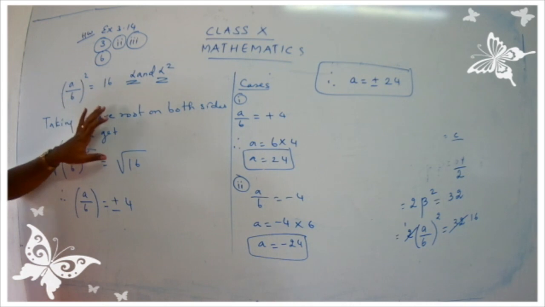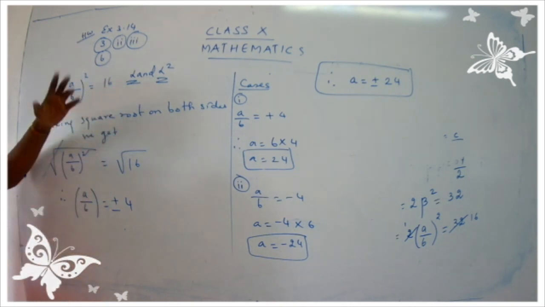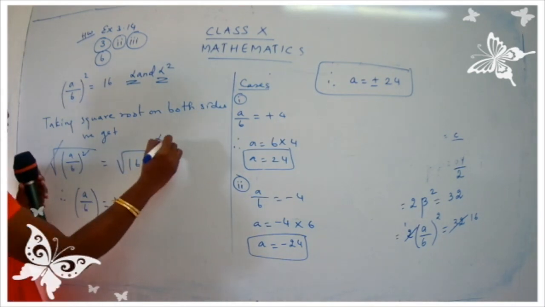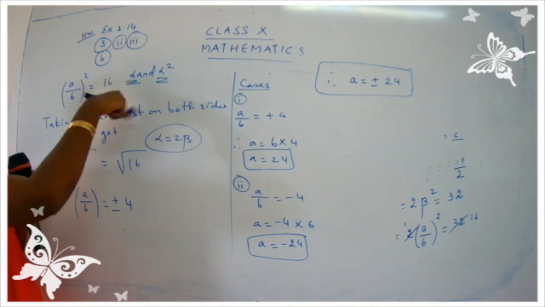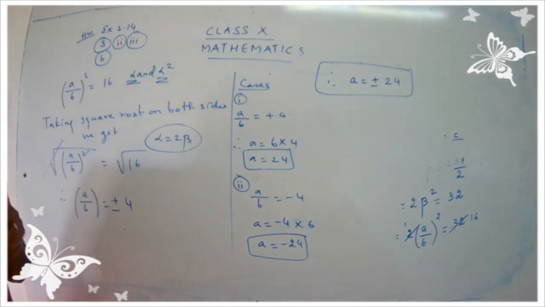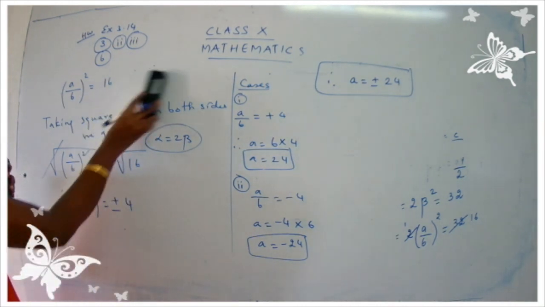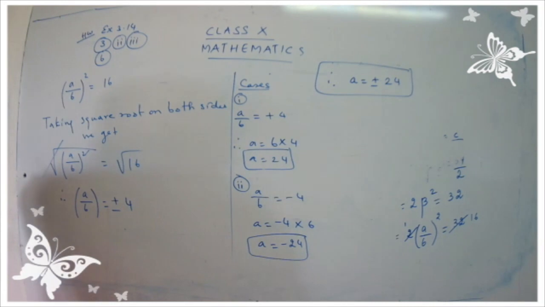I hope you can try out the sum, children. You have to proceed in the same manner. In the previous case, we took alpha as 2 beta, yes children? Twice the other. Here, one is the square of the other. So take alpha and alpha square as the roots and try to proceed. I hope you are clear with whatever sums we have done in the class today.